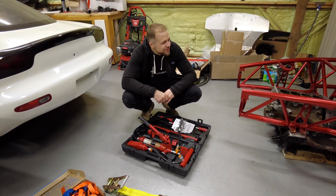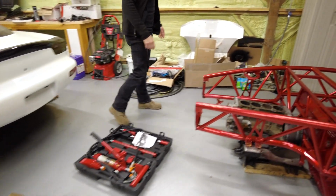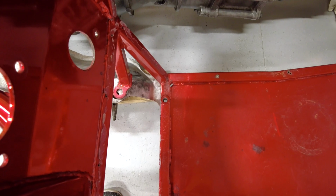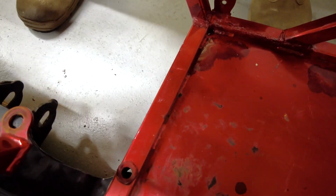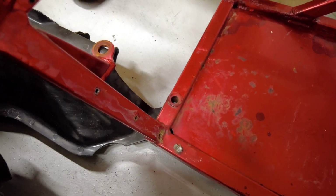All right, so we're gonna mock this up over there with the front. So, let's show them how close it is. Yes. All right, so with a subframe hole lined up over there, we are off on this side. So this thing's off. Like, we're not even close here. It looks like a hole, but it's outside of the ear. Yep. It's got to come probably like an inch and a half in. Yep. And then on the front here, the front bolt hole,